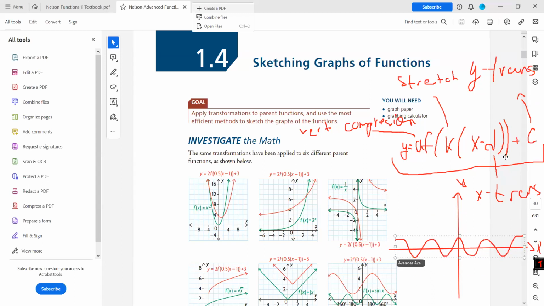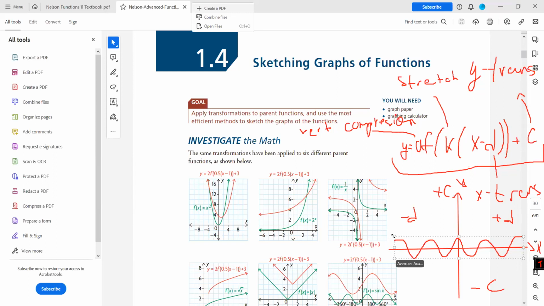Then D stands for x-axis translation. If D is positive, then we translate our function to the right. If D is negative, we move to the left. I can note it like this: minus D to the left, plus D to the right, minus C down, plus C up. And this is it about translations and about stretches. So